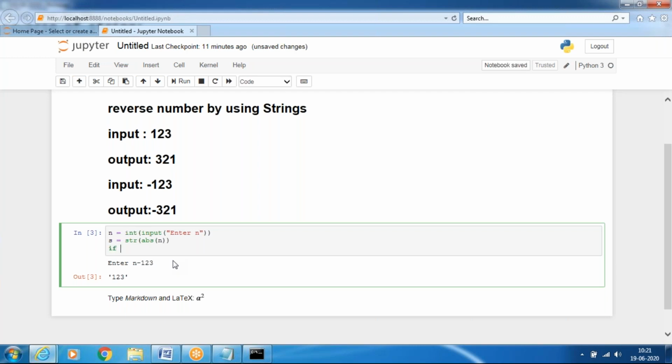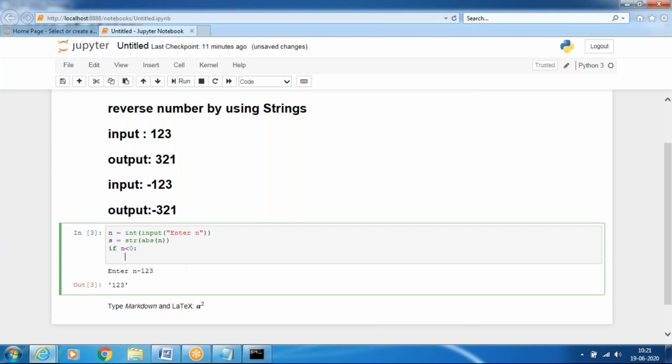So if n less than 0, print of 0 minus int of s of colon minus 1.